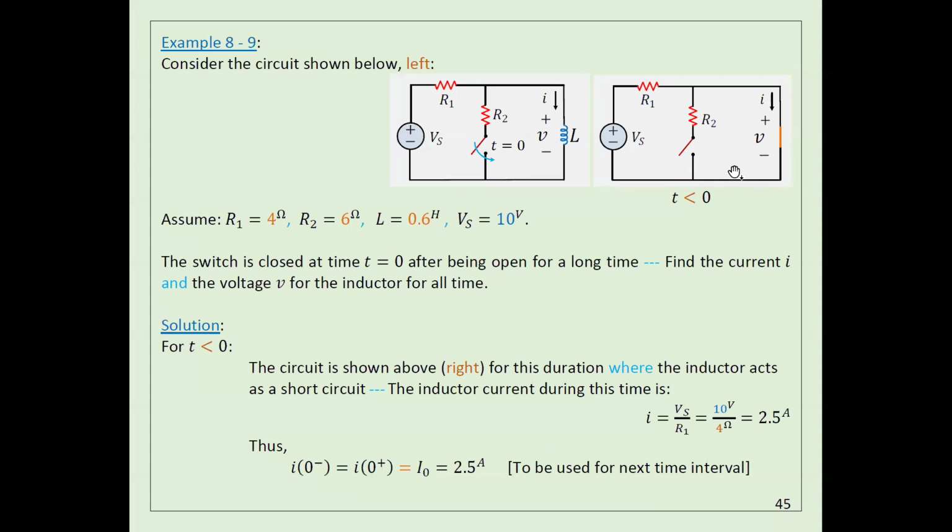At time 0, I closed the switch. So the switch was closed at time 0. Okay, so here, at time t less than 0, before we connect the switch, this is how the circuit is. Can you calculate? Number one, because this circuit is in a steady state, the inductor here becomes a short circuit in a steady state. Number two, because the switch is open,